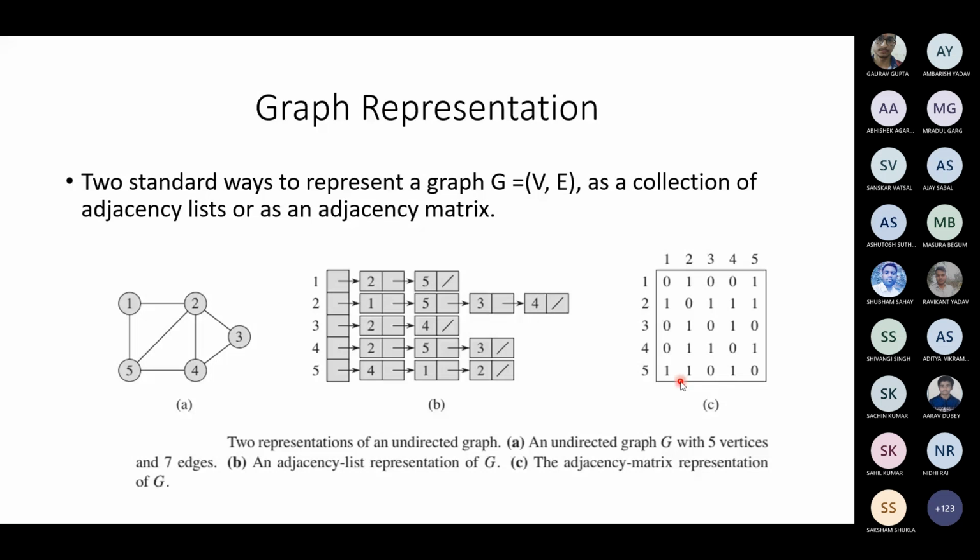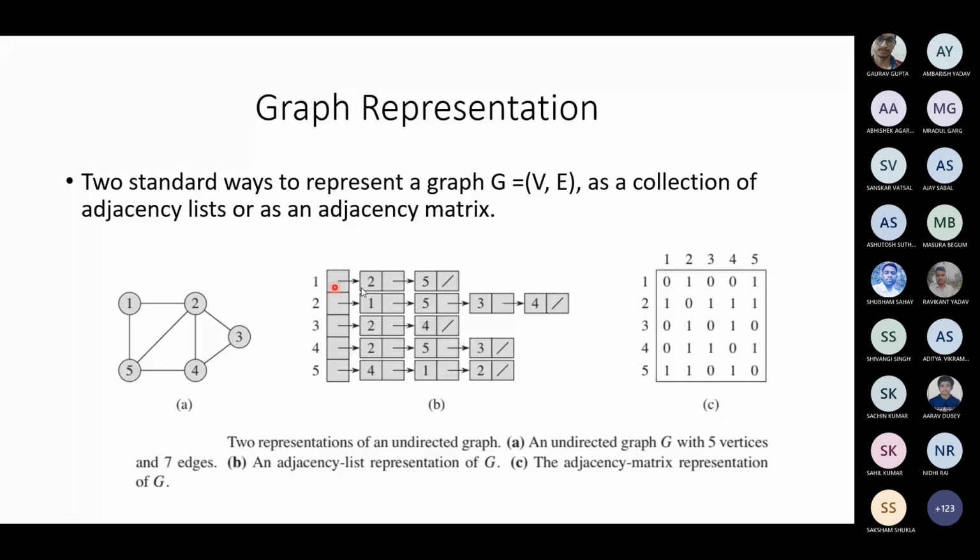Sir, when we represent it as a collection of adjacency lists, then what does the arrow represent? Like 3 to 2, then 2 to 4. What is this arrow? The arrow is a pointer. You are storing in a linked list.